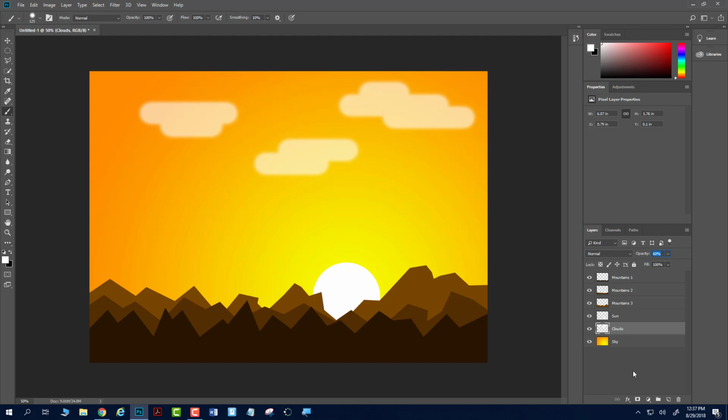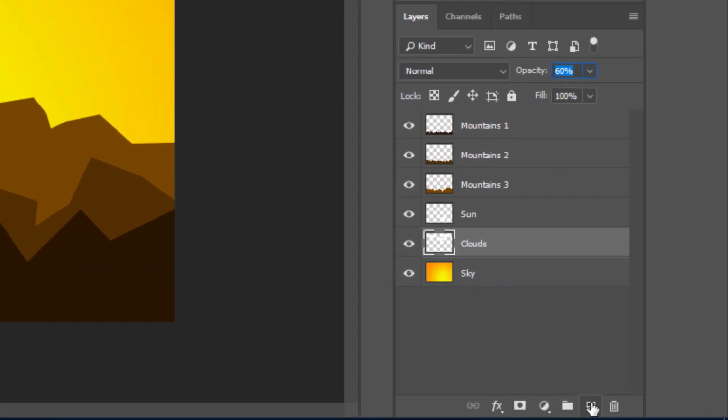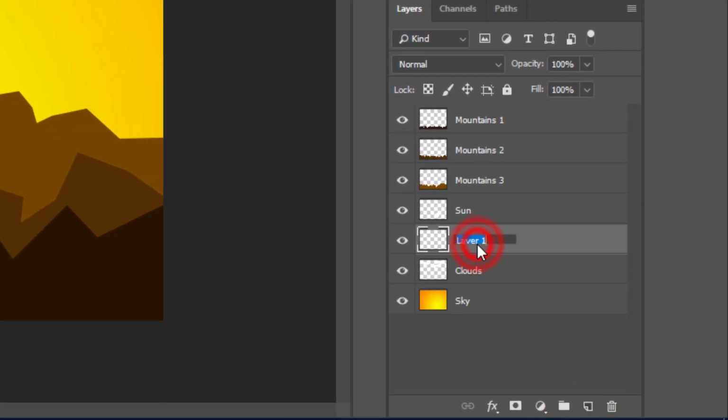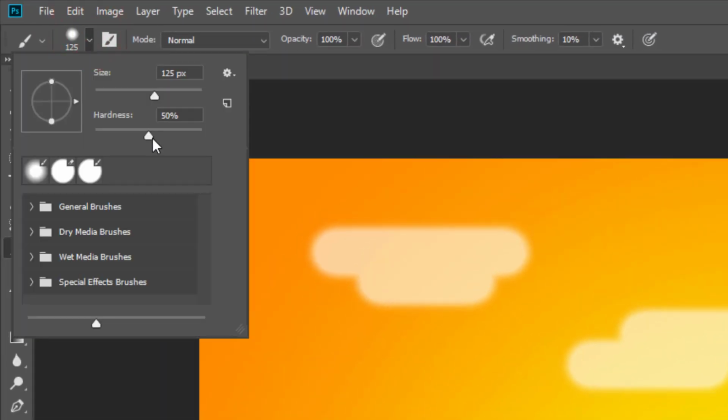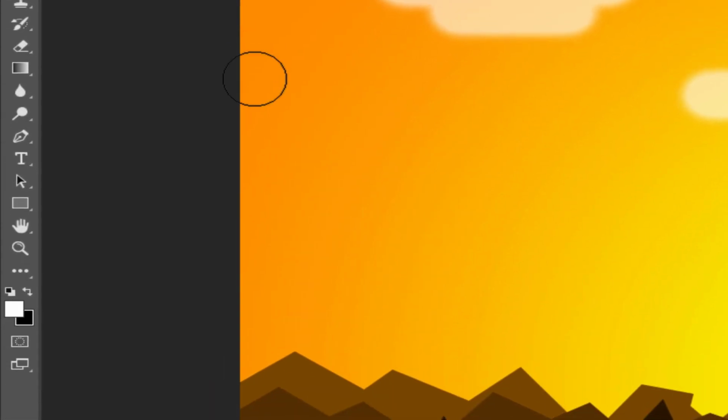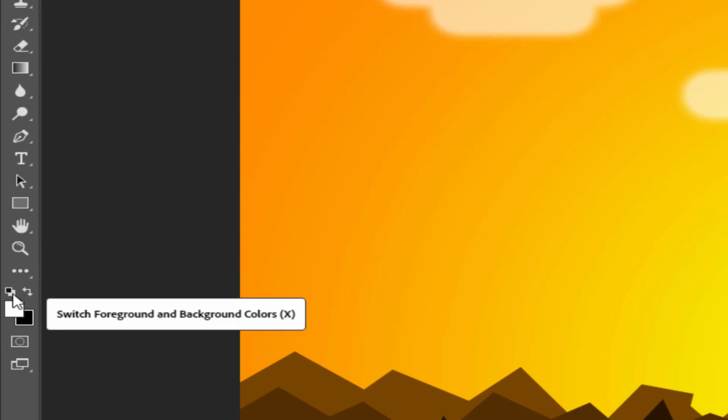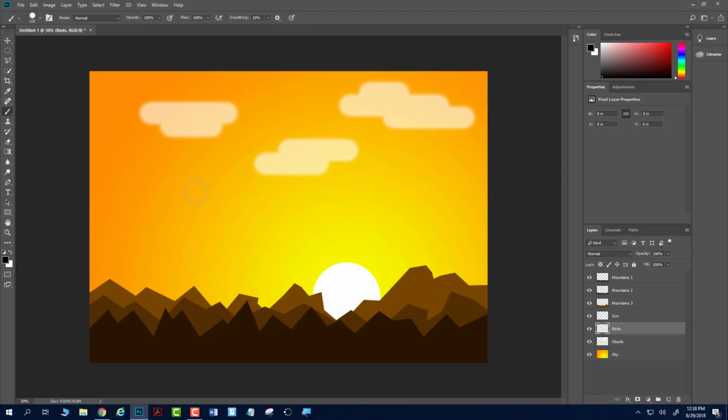Next I'm going to make some birds for the sky. I'm going to click New Layer. I'm going to call it Birds. I'm going to make sure I'm still on the Brush tool. This time I'm going to turn the hardness all the way up, and I'm going to switch my color to black. I can do that by clicking here or by just simply swapping them. I'll click here. I'm going to turn my brush size up just a little, and I'm just going to go click,